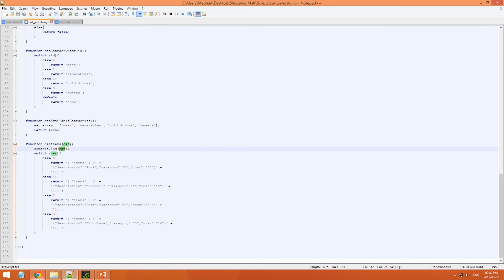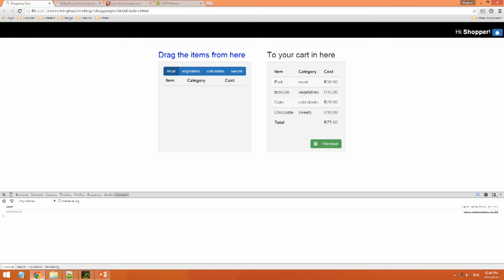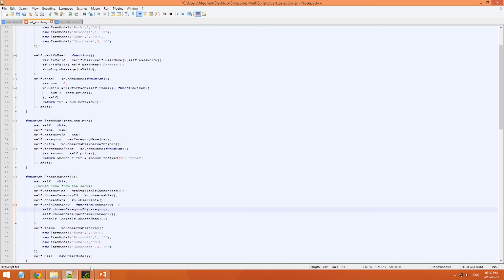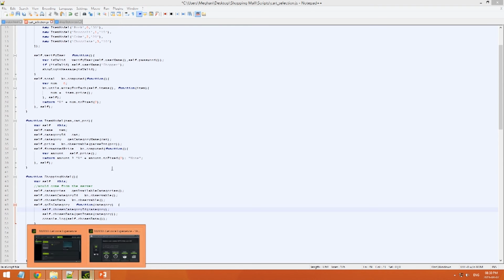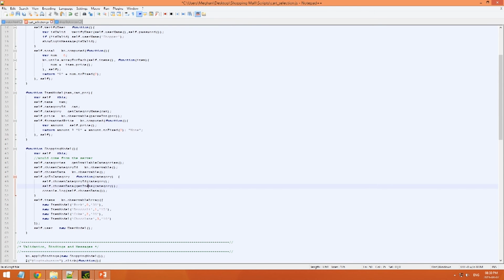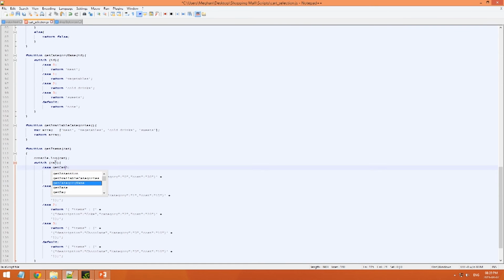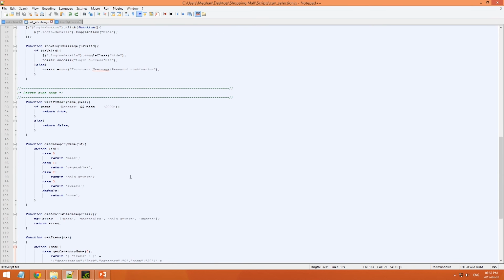Ugh, I'm sending meat through as an ID. That will never work. Putting the name in as a category is not going to work. So instead of sending the name in, we just have to go get category name, like that. So we have that instead. Okay. Now, after getting the items for that category,